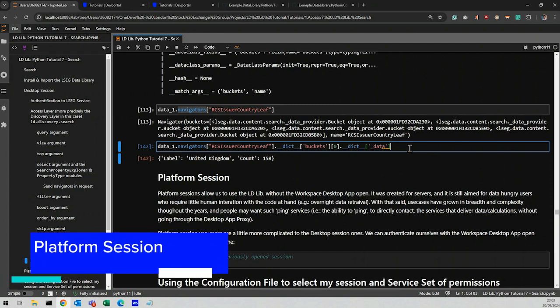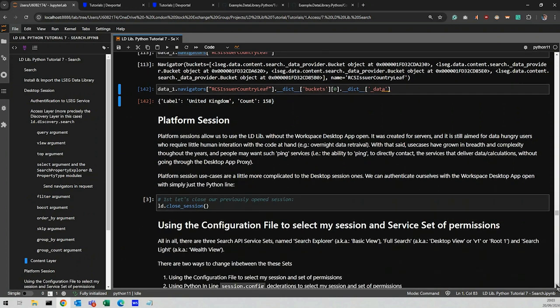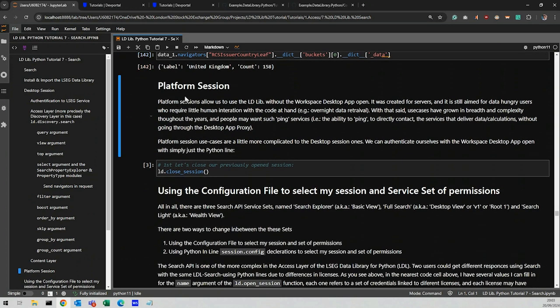Up until now, we spoke about our desktop session where I had to have my workspace desktop application running on the same machine where I'm running my code. And that's perfectly fine. However, what you can do is ping the LSEG servers directly with your request, and they will directly send the results back to you without passing through the desktop application. That's not something I'd like to talk about too much today because it will complicate things even more. However, I did want to use them in order to show you how you can switch from one